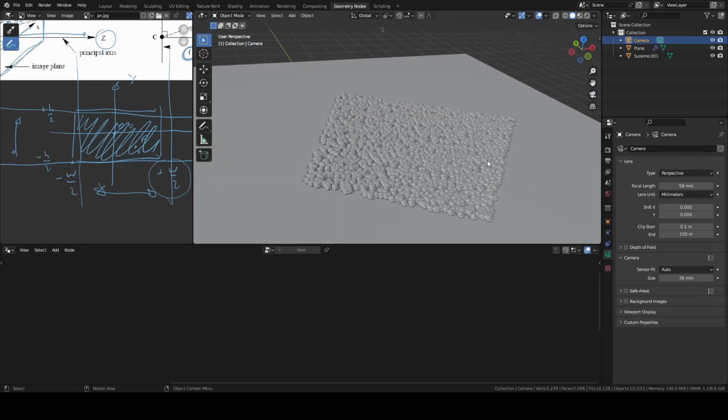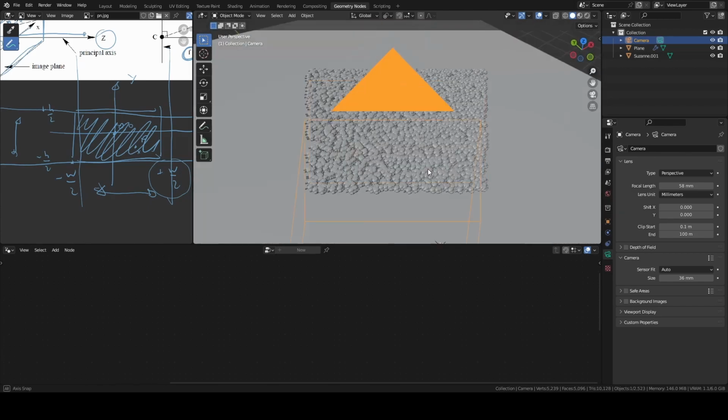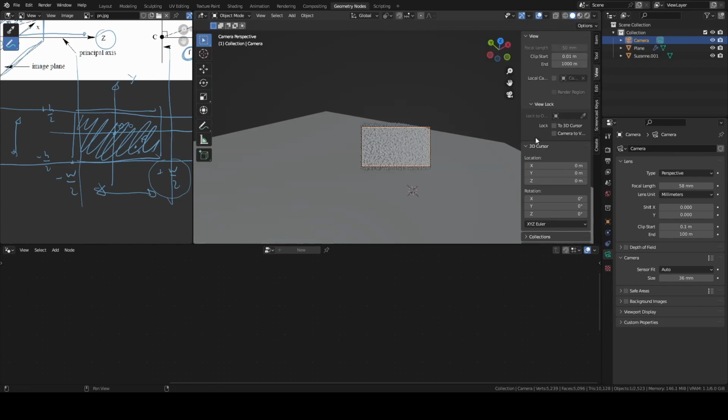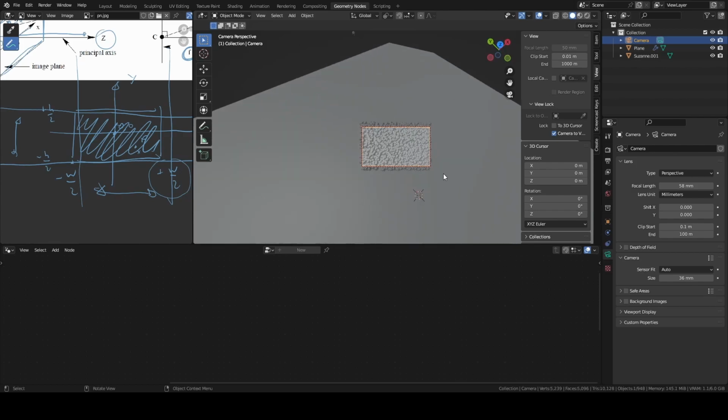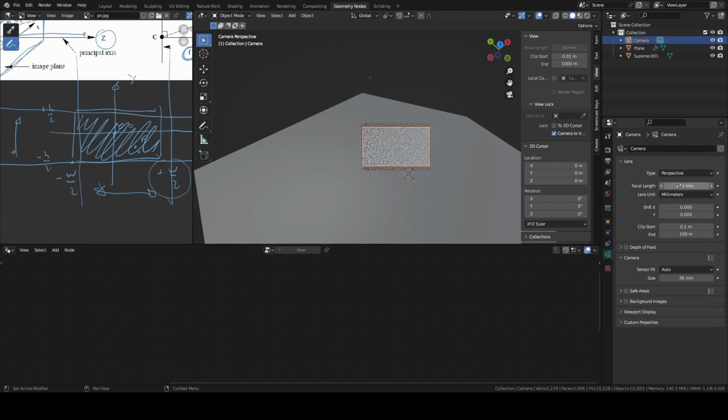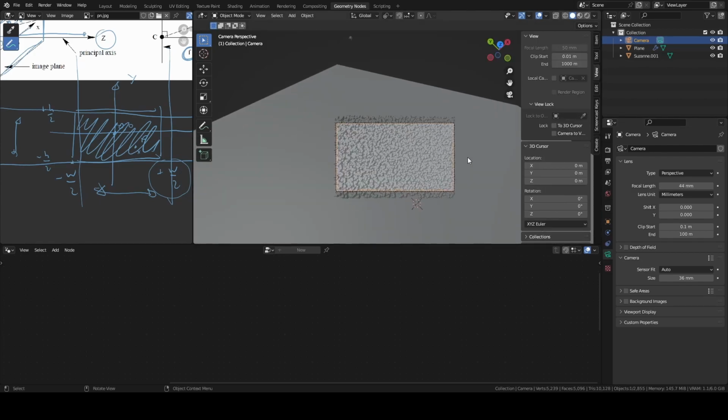So there is only one small problem here. Let's look what the camera is looking at, and let's place it down here. Okay.